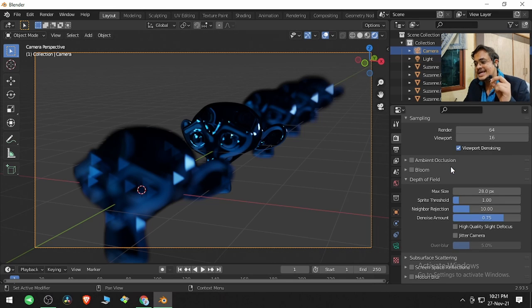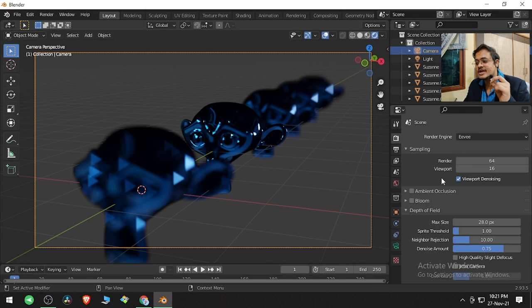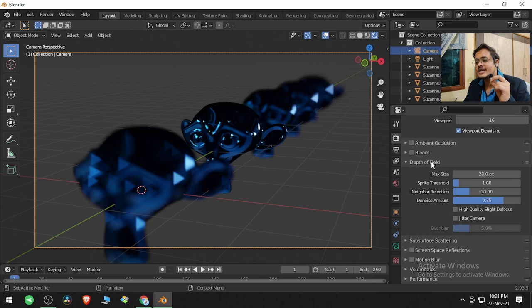depth of field in Eevee. We are using Eevee render engine, and in the Eevee render engine, what depth of field is using is, first of all, it is rendering all the monkeys and making them blur, and then it is taking the brightest parts, like this is the brightest part, this is the brightest part, this and this is the brightest part, and creating and applying a bokeh on it. BOKEH, search for BOKEH.